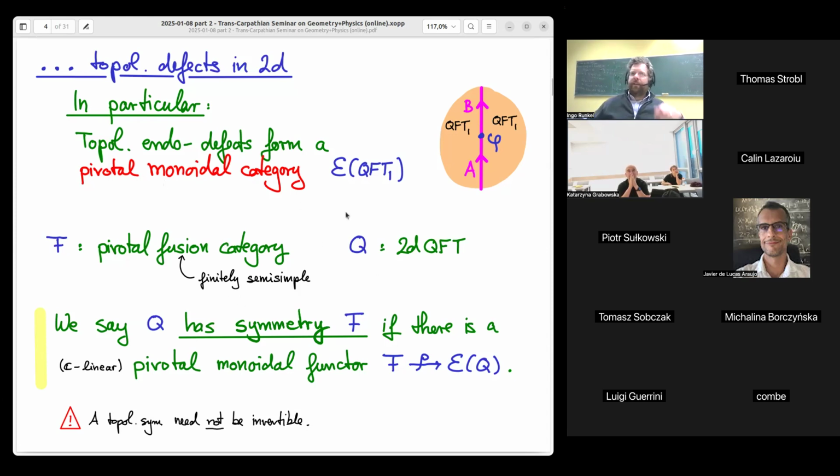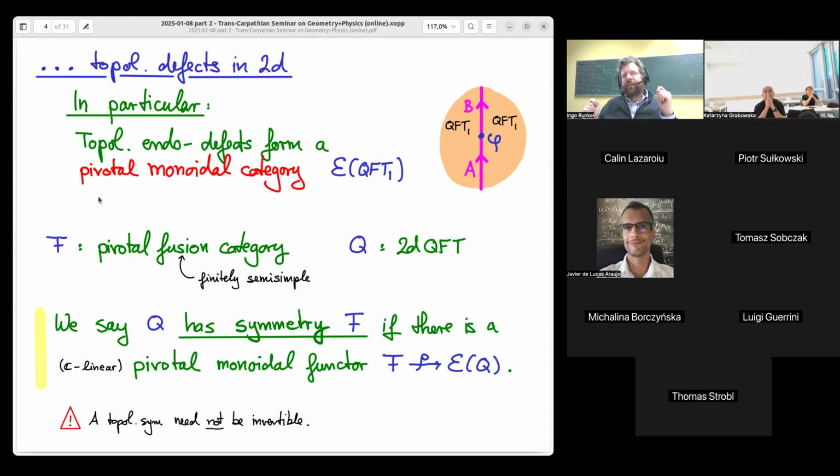Anyway, as Rafa said, I now want to not do the super general case, but maybe generalize the finite group case. If you have a quantum field theory which has a group symmetry, that group could be a Lie group, for example, or some infinite dimensional group, like in gauge theories. But I want to look at the simplest case, finite groups. But I don't want to look just at groups, I want to include this non-invertible situation. And so the categorical thing which replaces a finite group is this gadget called a pivotal fusion category.